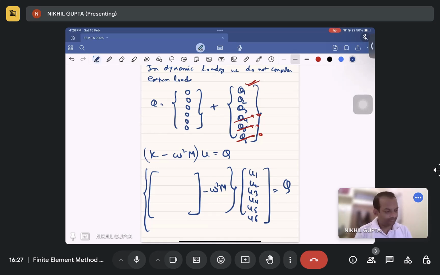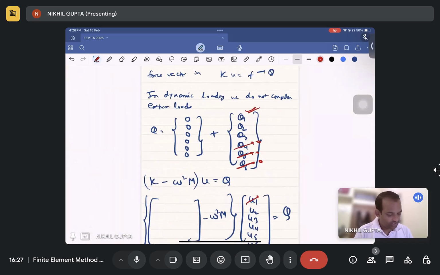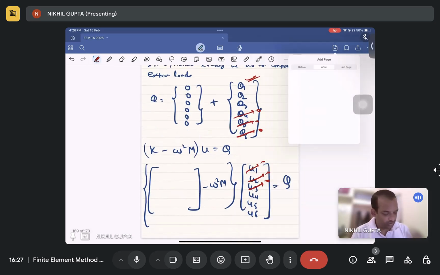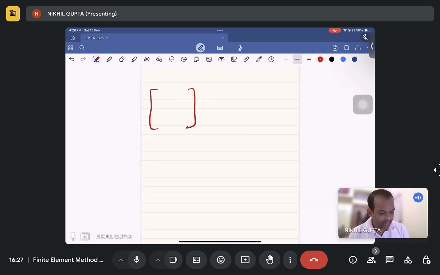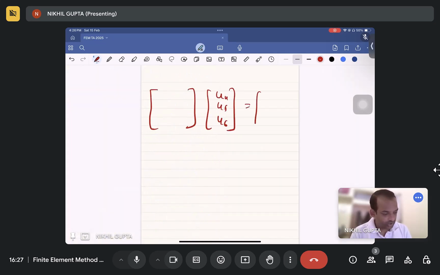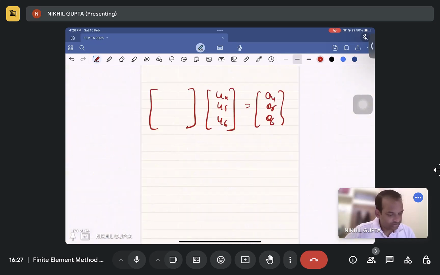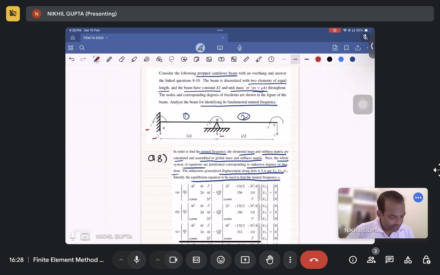Now we know u1 is 0, u2 is 0, u3 is 0. You can put this as 0, this 0, this 0. So what you will get is a reduced matrix of this, and here it will be u4 u5 u6 and q4 q5 and q6, which are already 0. So there it will be 0 0 0. So if you will solve it,